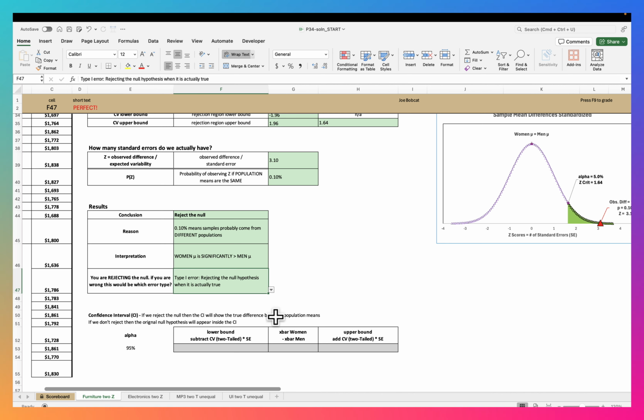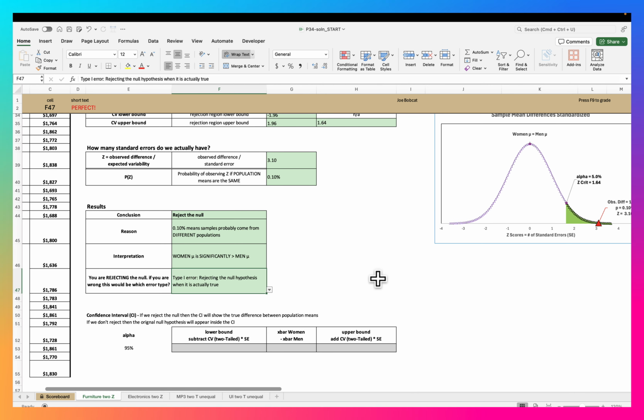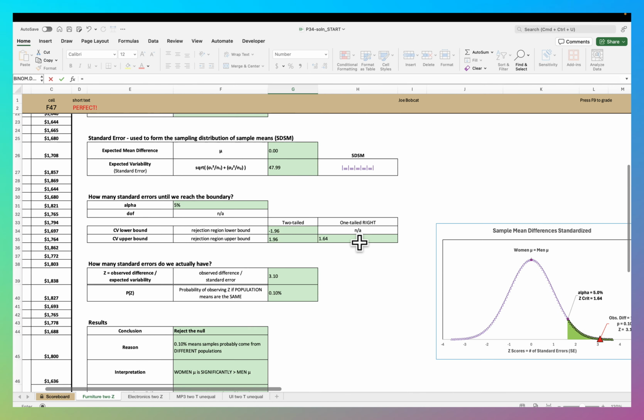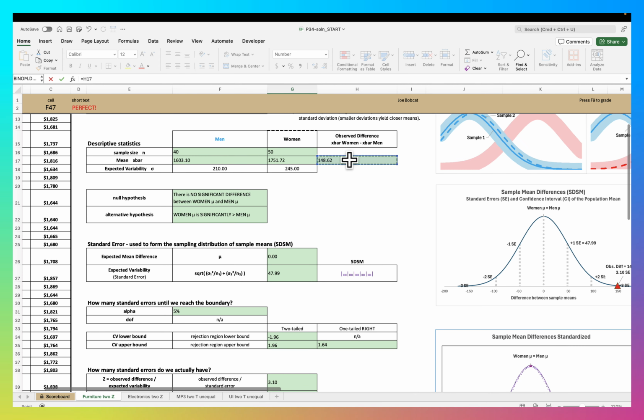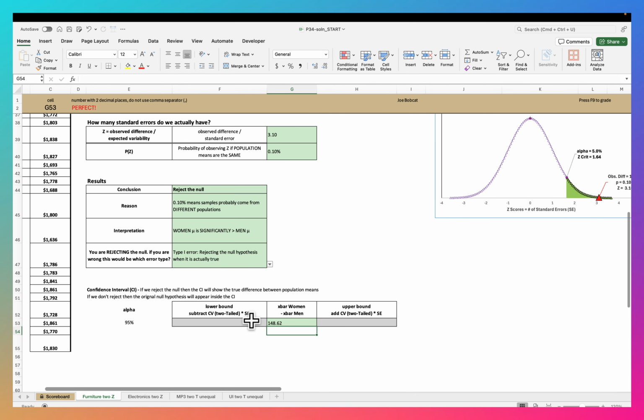Okay, so if we reject the null, then the confidence interval will show the true difference between population means. In other words, we'd actually like to see where that population is for the women. Right? What is the true population mean? We can't say for sure, but we can give a range. So what we begin with is the observed difference between the samples. So let's go get that again. And then we subtract from that